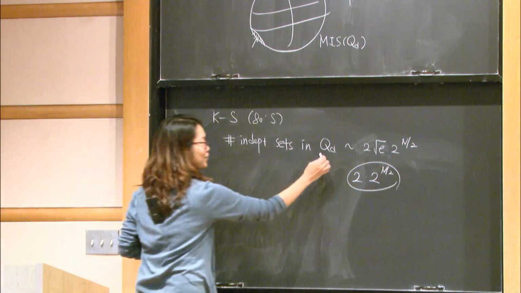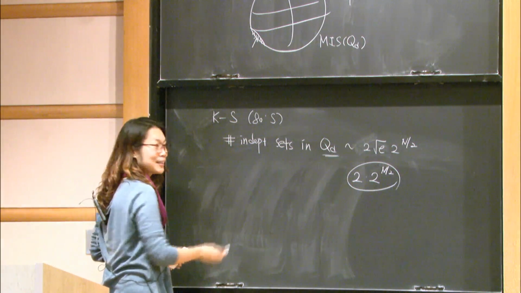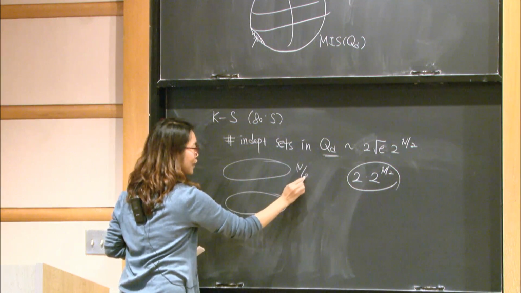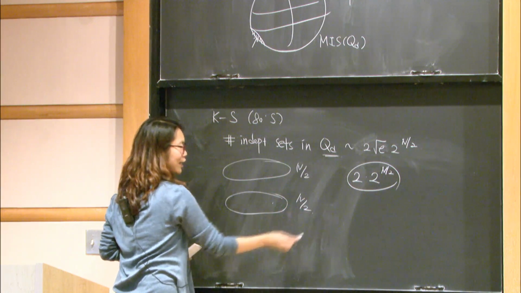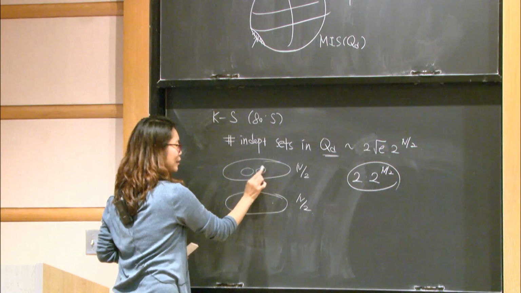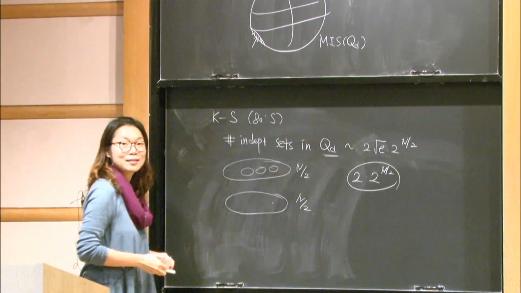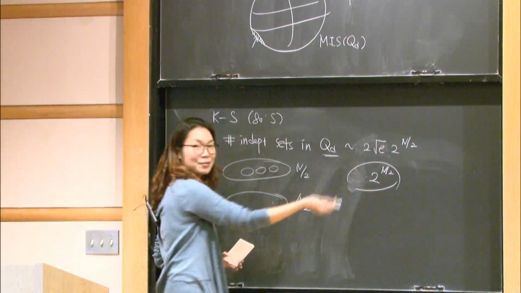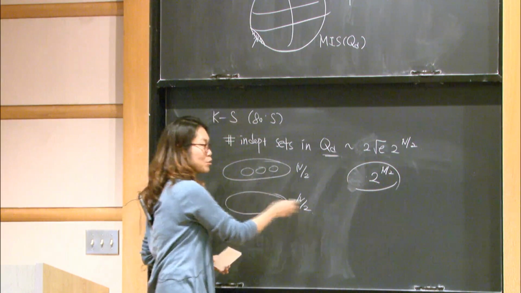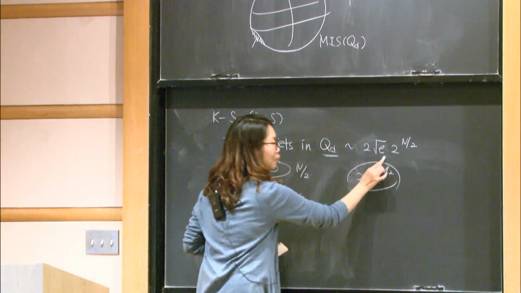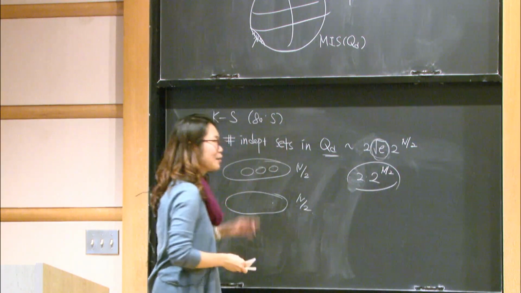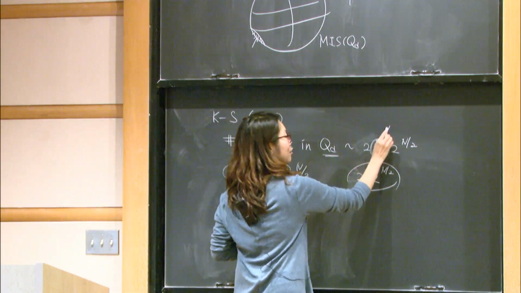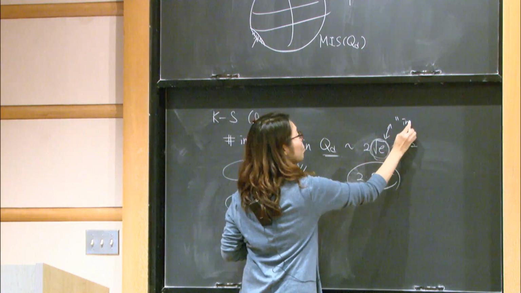Because Q_d is bipartite, and each part is of size n over 2. And we know that every subset in this part is an independent set. So from this part, we already have 2 to the n over 2 independent sets. And because we have 2 parts, we have 2 here. But what this says is that there are more independent sets. So this extra e term corresponds to a kind of impurity